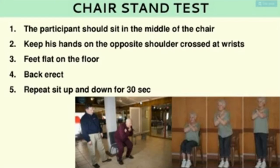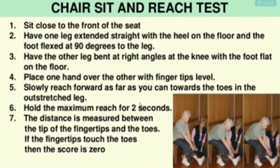Count the total number of complete chair stands. In case the participant has completed a full stand from the sitting position when the time is finished, the final stand is counted in the total. The score is the total number of completed chair stands during the given 30 seconds. The following tables, in your textbook, you can see the tables for this test for different age groups. The next test is the chair sit and reach test to assess the lower body flexibility, which is important for